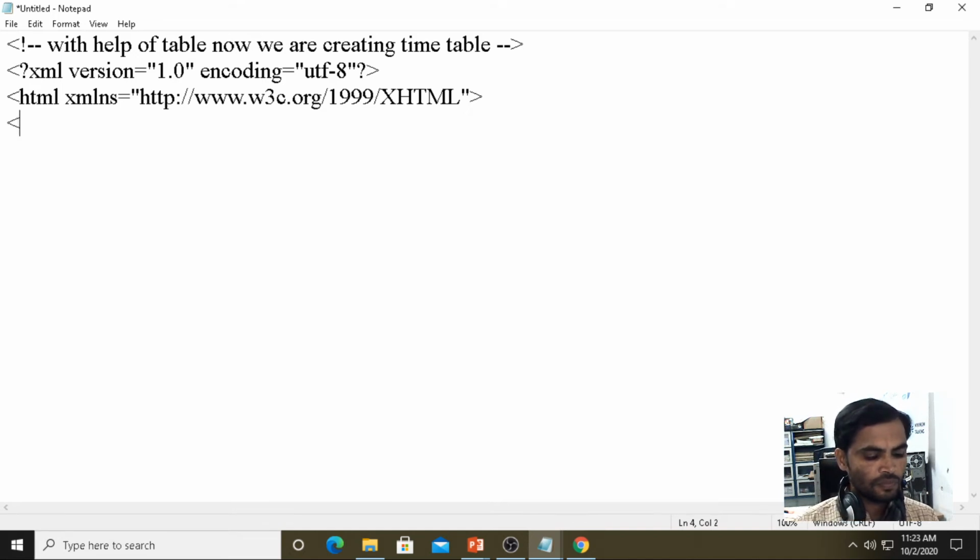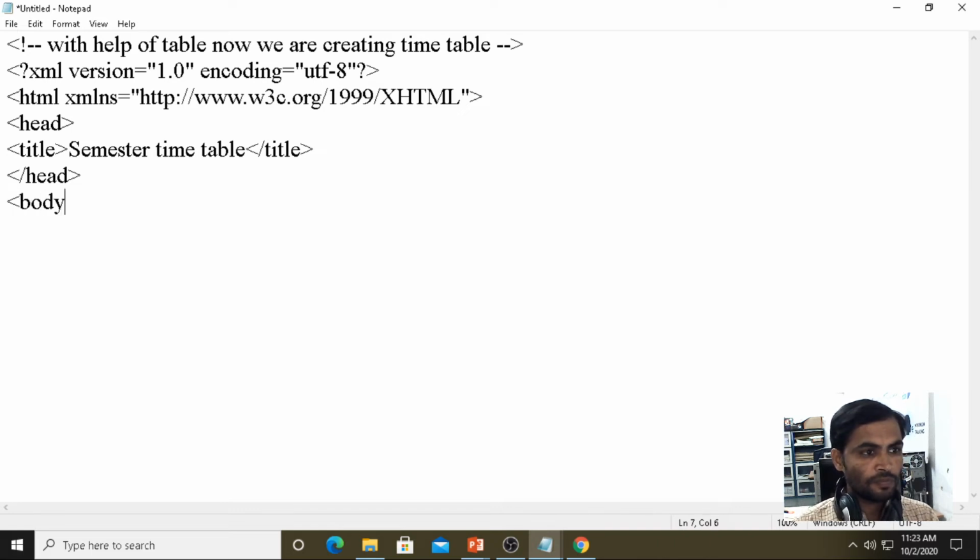Then add title. The title bar we are giving as semester timetable. Closing the title. Then closing the head. Then the body, closing the body, closing HTML.